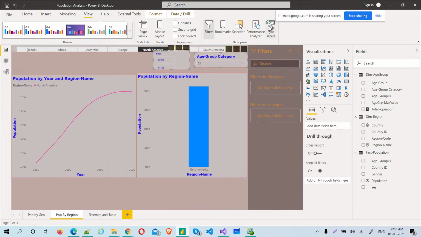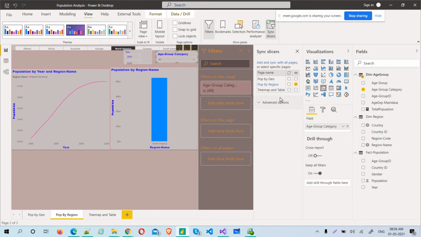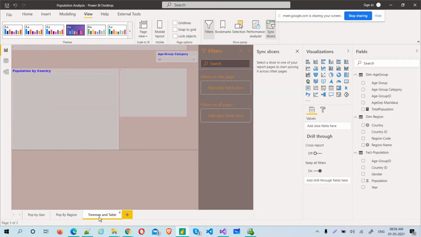Just select this. Okay, only one sync slicer at a time, I guess. Yeah. See, now the sync slicer is age group and it is only available here. If you want to make it available here and here, by default sync will select, but I don't want to select. I just want to only copy and paste. See, copy pasting is also available using Sync Slicer. If you unselect this and just only apply this, it will be available here and here.